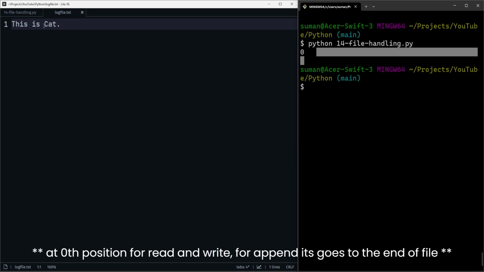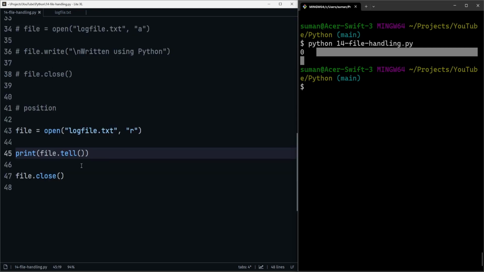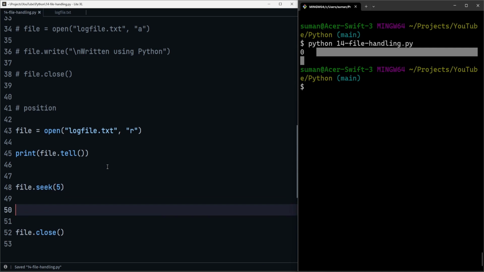Now suppose you wanted to add a text here called A, because this is a cat looks more good in this sentence. So if you wanted to add this A, there are some things you need to know before going to this. One thing you can do is, let me show you how you can change the position. For changing position, you can use file.seek. Seek will take you to the position you want. Suppose you want the 5th position. And now if you do print the same thing,